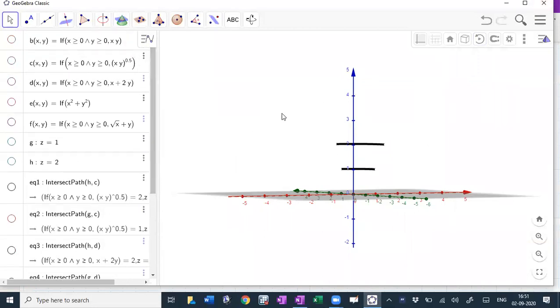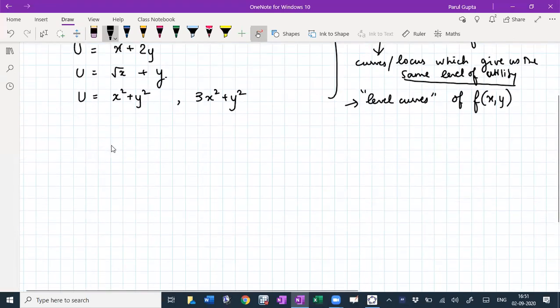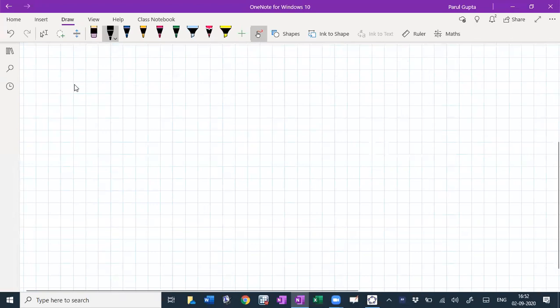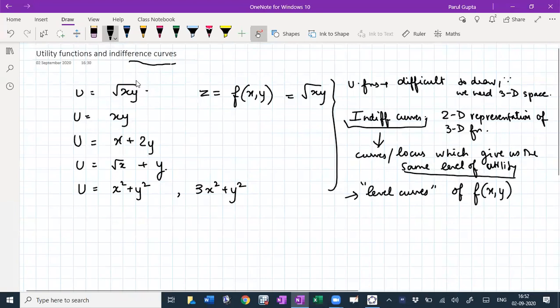So here again, I have just shown you indifference curves of 3 functions, but if you can think of 10 utility functions, the indifference curves of all of those utility functions could be different depending upon the functional form that we are working with. So I will remove this now. So let's move further. Let's just recap. Now I'm of course not going to draw the 3-dimension. I'll just draw the indifference curves. So indifference curves for this function looked like this, x and y here.